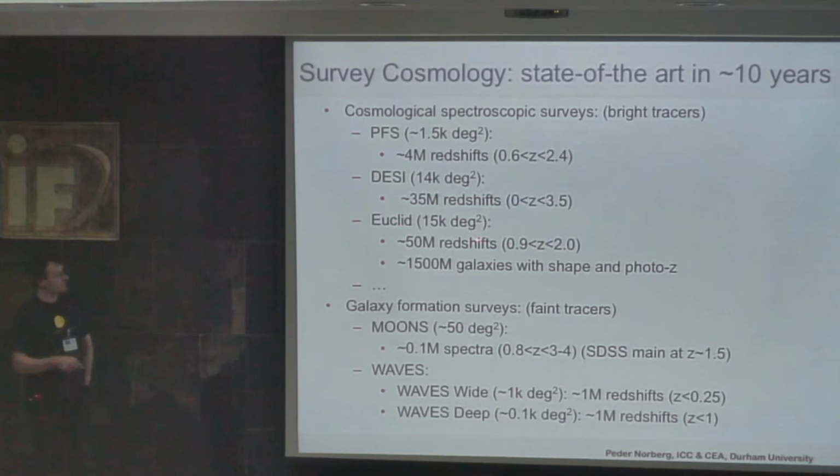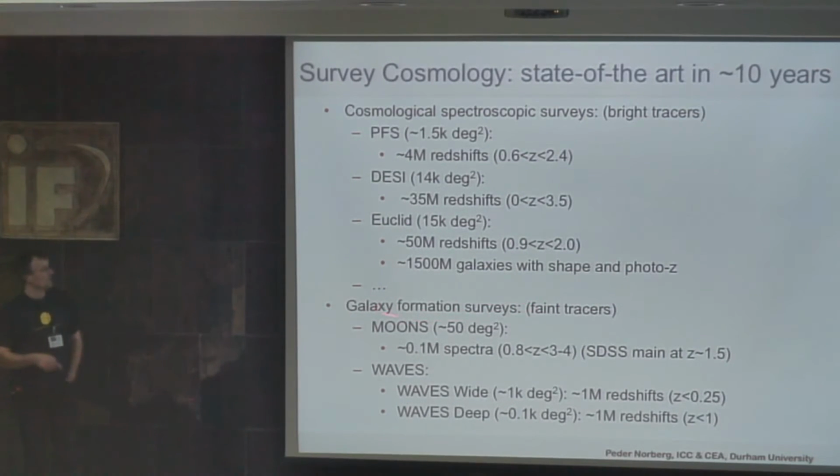Euclid is kind of similar to DESI, but has different overlaps. The main difference is that Euclid is focusing on slightly higher redshift for these main galaxies. But the bigger difference is the lensing component of Euclid, of the order of 1.5 billion objects with shape and photometric redshifts. So these are what's going to come, and there are more things coming along. So the analysis just becomes more complex. You need to be able to deal with large data sets and how to mimic them.